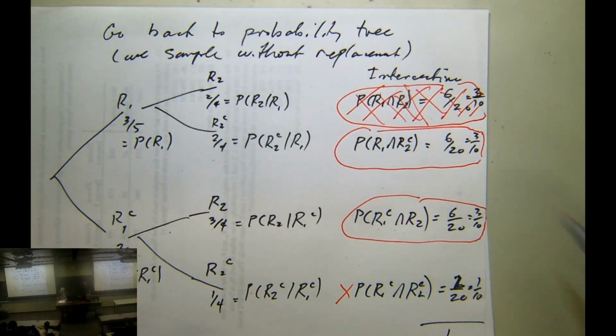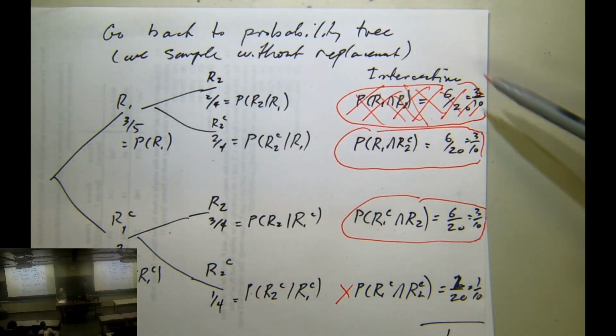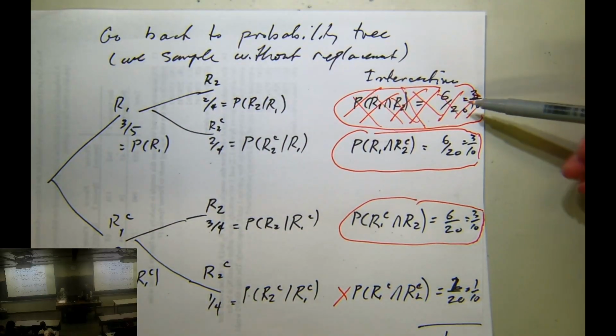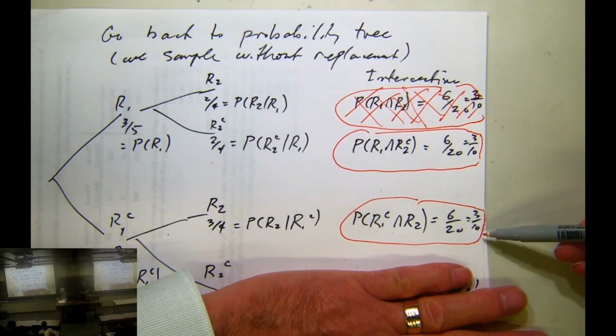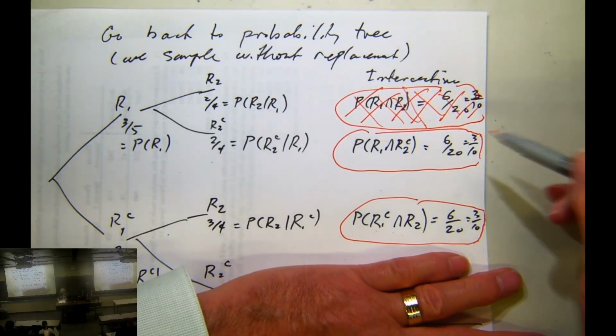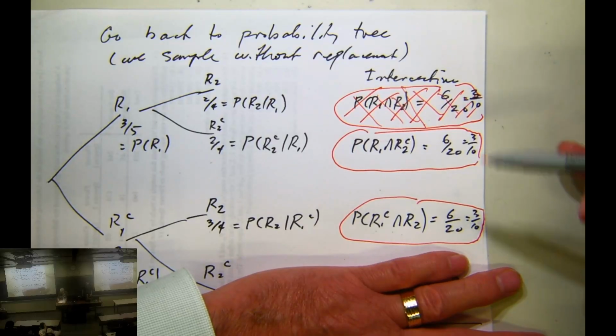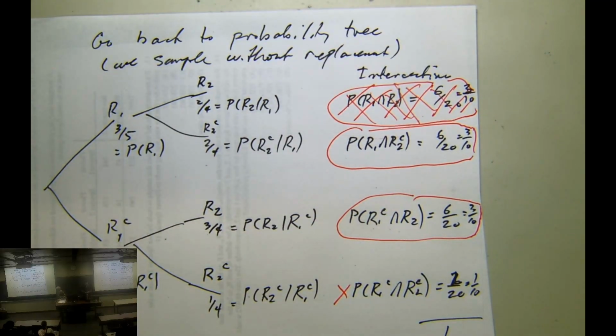Anyhow, this was the only place where both of them occurred. The union was the 9 out of 10, but of that, 3 out of 10 is where both occurred, so we take 3 out of 10 divided by 9 out of 10, and we are left with